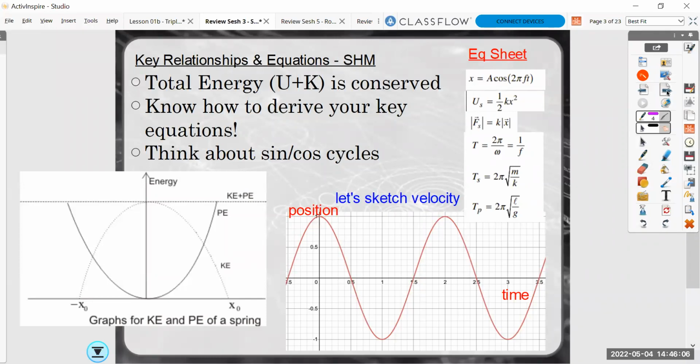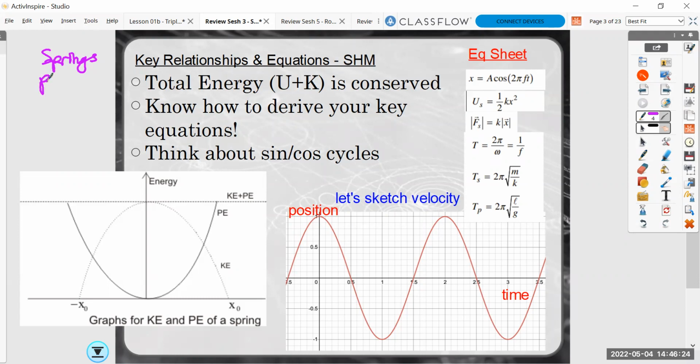Simple harmonic motion is all about oscillations. It's all about things bouncing back and forth and repeating their motion. The two most common things we see are objects on springs